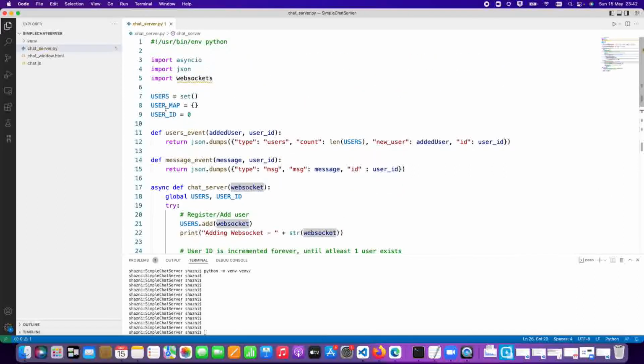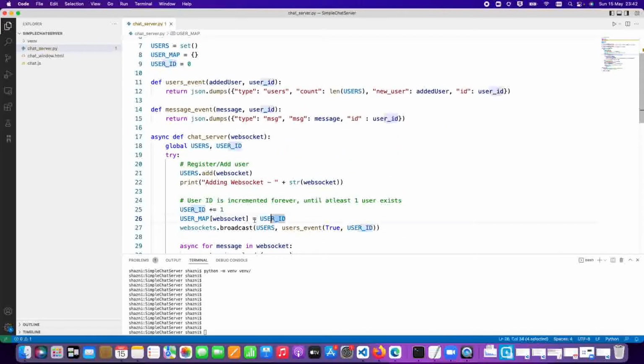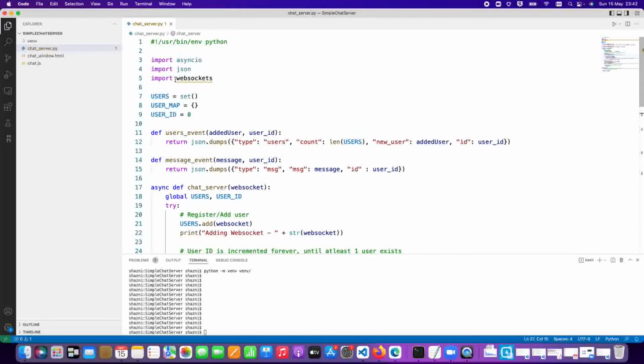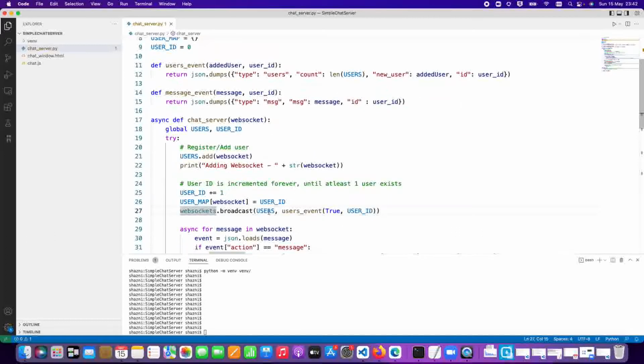So that's why this use map dictionary is used, and so forth. So I just keep it, and then immediately once this WebSocket connection comes, I use these WebSockets libraries. You still see this squiggly yellow line, because I haven't installed WebSockets yet. I will do that in a while. So it broadcasts with these users